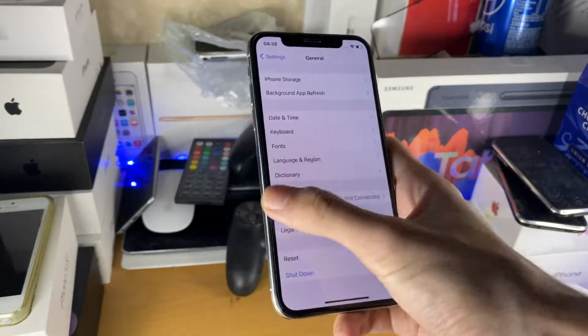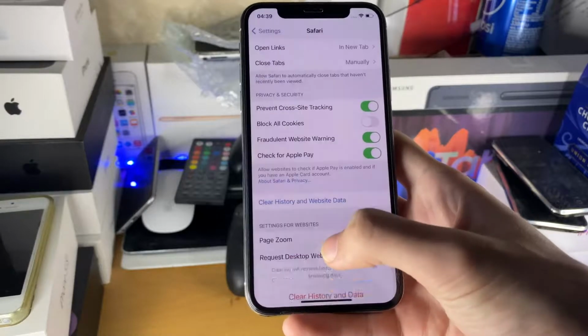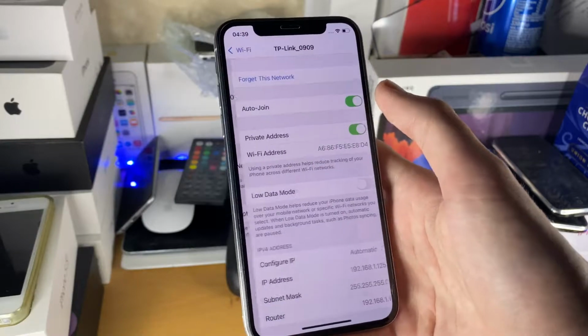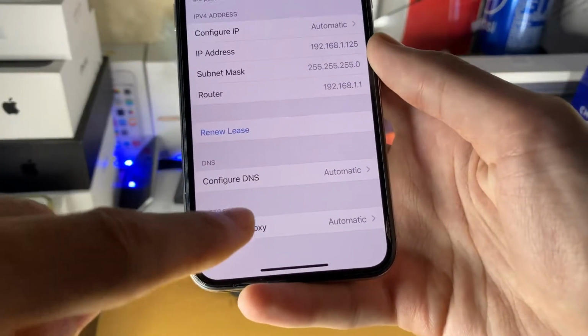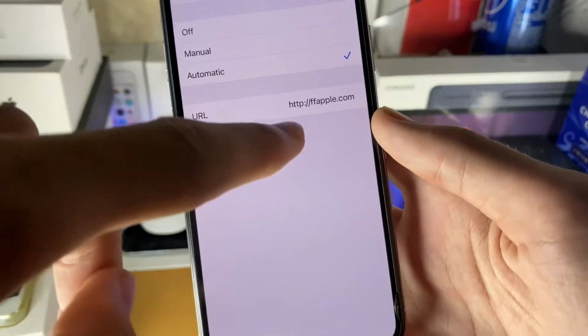First of all, I want you to go into settings. I want you to find Safari, then clear website data right here. Next, I want you to find Wi-Fi, tap on the i, and then where you see configure proxy, tap on this, set it to automatic, and the URL, set it to